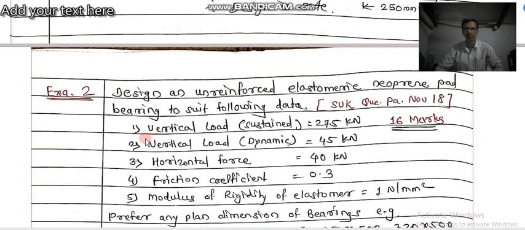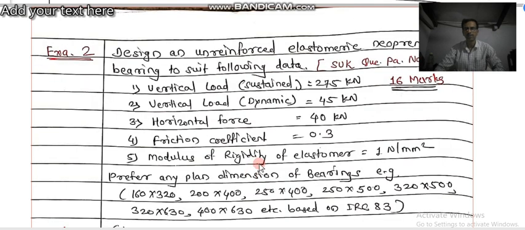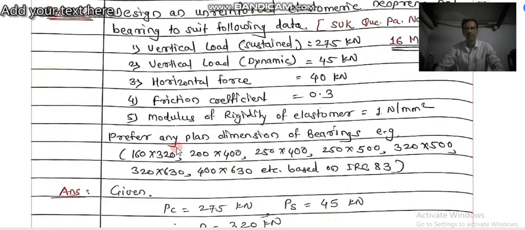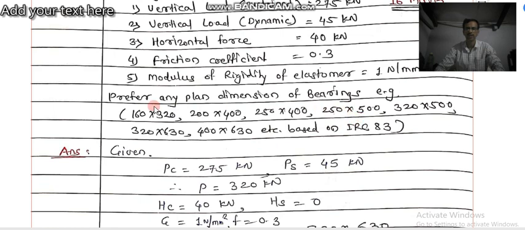the university question paper. So vertical load sustained, that is 275 kilonewton, vertical load dynamic 45 kilonewton, horizontal force 40 kilonewton, friction coefficient 0.3, modulus of rigidity of elastomer is given as 1 Newton per mm square, and here dimension of the pad is not given directly, but the table values are given. So you have to choose any value or any dimension from this given table. So these are the various dimensions: 160 by 320, 200 by 400. So you have to design a pad for any one of the